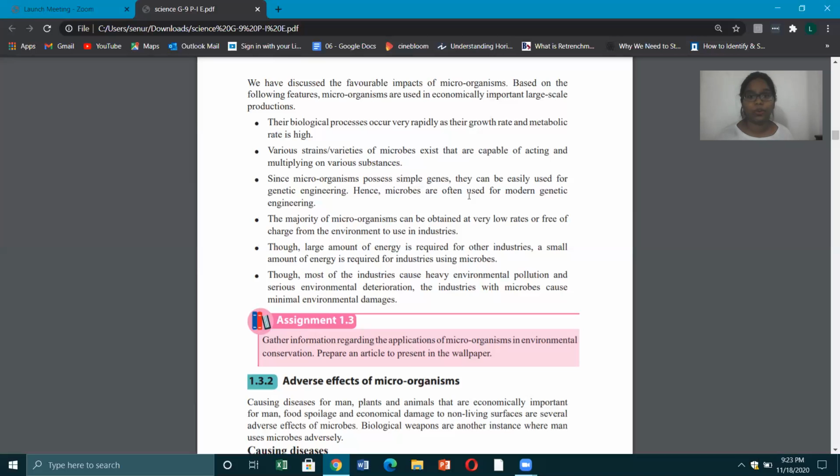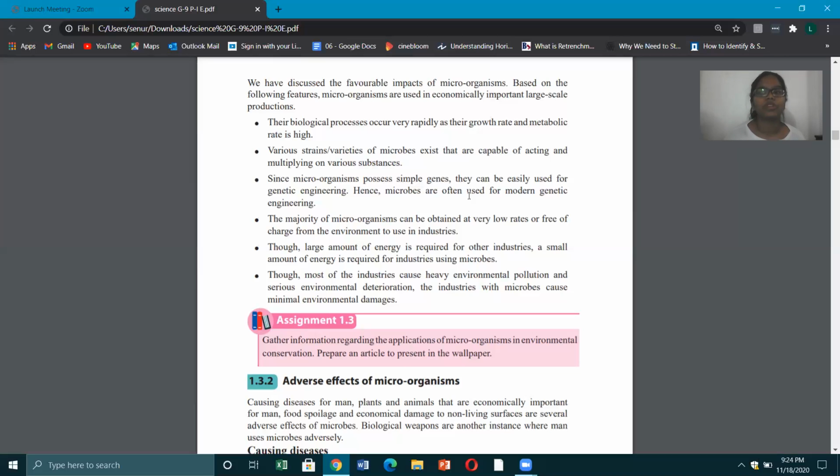Various strains or varieties of microbes exist that are capable of acting and multiplying on various substances. Just imagine you use a very small sample of microorganisms. Now you want to separate the fibers in the plant. You want to destroy the pectate compound, and you need this pectinase enzyme. You can just use a very small